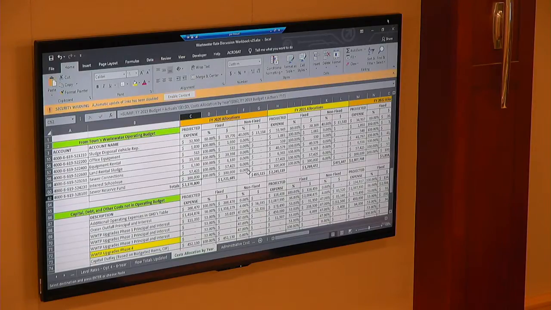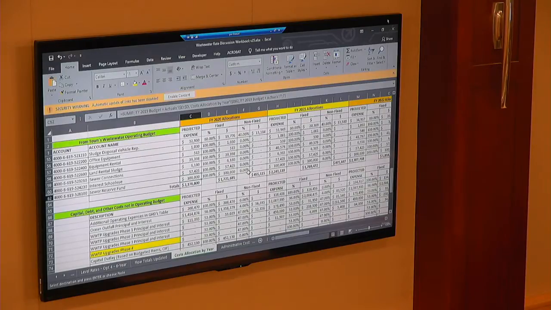And on the other stuff, just to bring back what we did weeks ago, you went out to GHD on the capital side and got a breakout from them as to how to allocate the capital costs going forward, including the cost of the outfall,